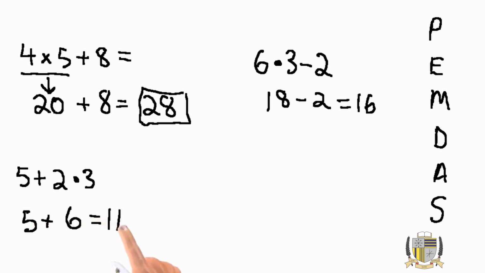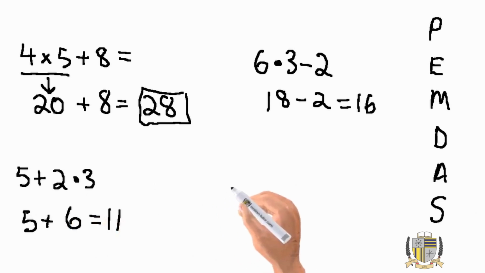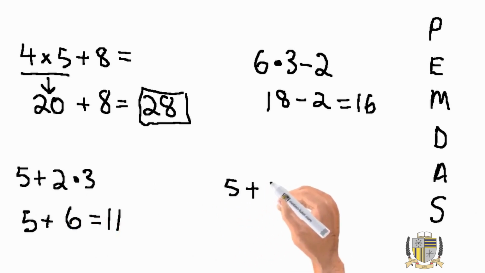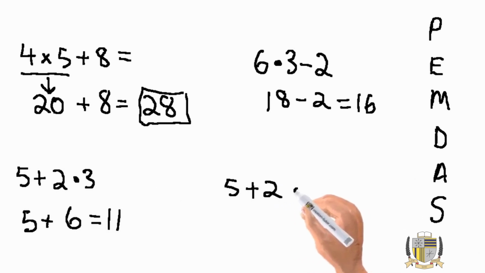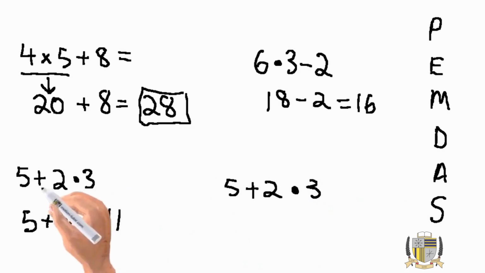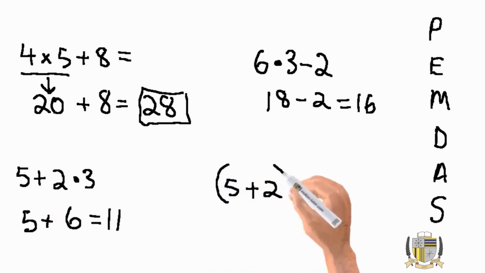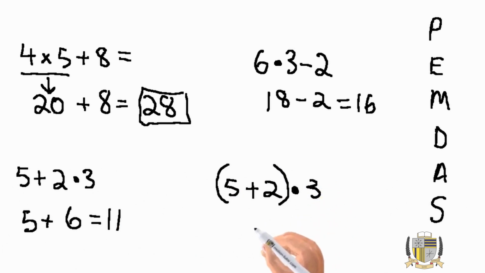Now take a look at this. Now we're going to introduce a parentheses, and you'll see how this changes the answer. So I'm going to rewrite this, 5 plus 2 times 3. Same as this, but this time I put a parentheses over this. Now this changes the whole answer